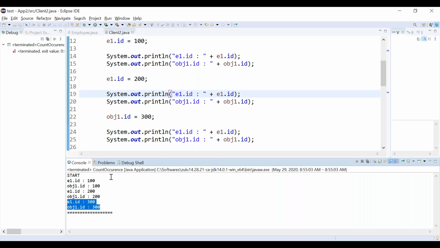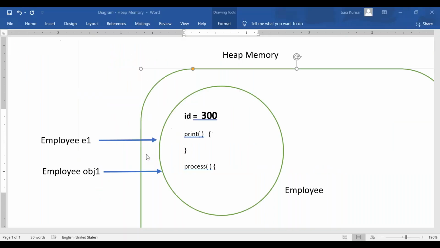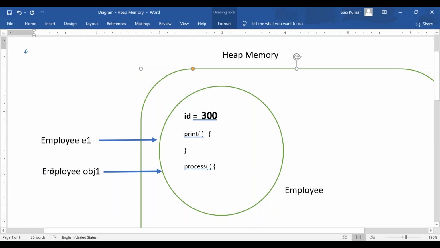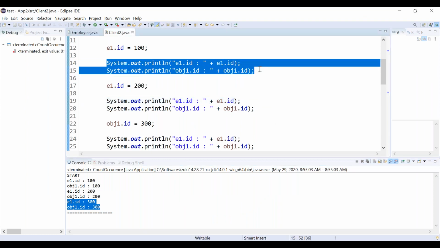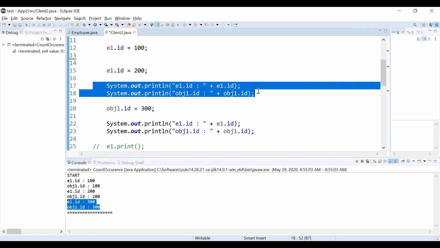You can create any number of reference variables. Even if you want, you can create one more reference variable, obj2. If you modify obj2.id to some value, you'll get it. Next, we will go to the next topic. I am removing this println statement because I am trying to print using the print method.